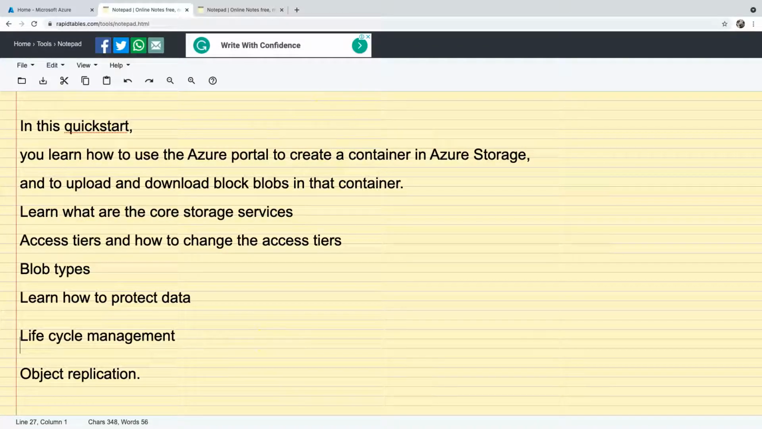Today we are going to see what is Azure Storage account, and by the end of this tutorial, you will be able to create a storage account and then create a container in Azure Storage, and you will be able to upload and download blobs in that container, and then you will get to know what is Azure Storage Services,